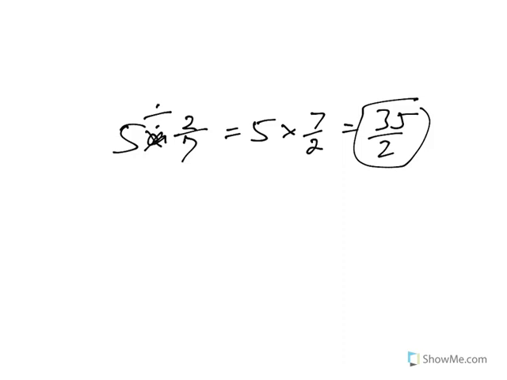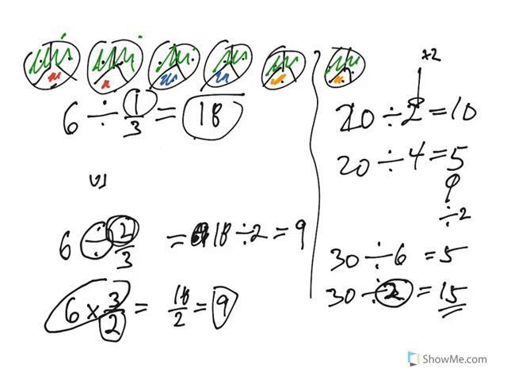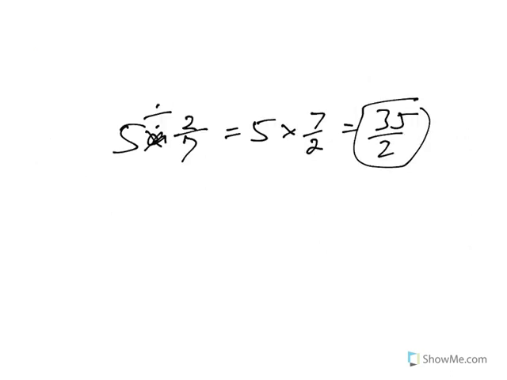And I think it's okay if you don't really understand it that well. I think it's good to do this example, 6 divided by 1/3 versus 6 divided by 2/3, and the relationship between those two questions. But for sure, that rule of flip the thing you're dividing by and multiply is perfectly fine. And as an added bonus,